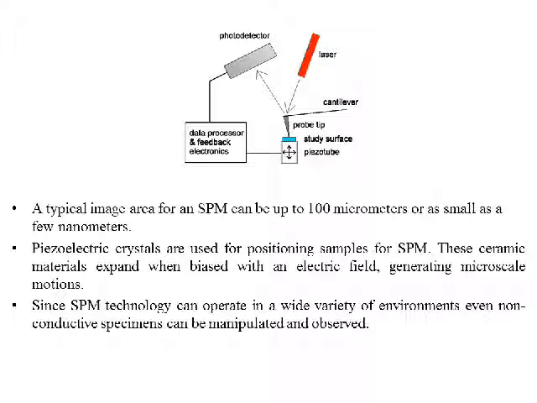Since this SPM technology, scanning probe microscope technology, can be operated in a wide variety of environments, that means we do not require any vacuum chamber as in other types. So it can operate in a wide variety of environments, and we can even make use of non-conductive specimens also by manipulating them, and hence we can even observe or scan non-conductive specimens by using this scanning probe